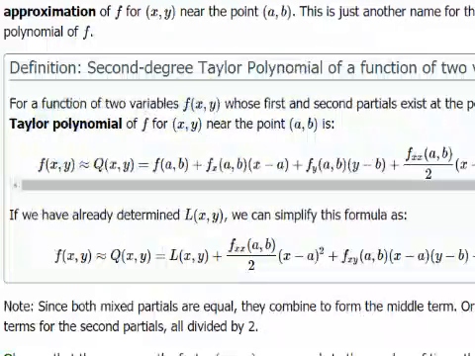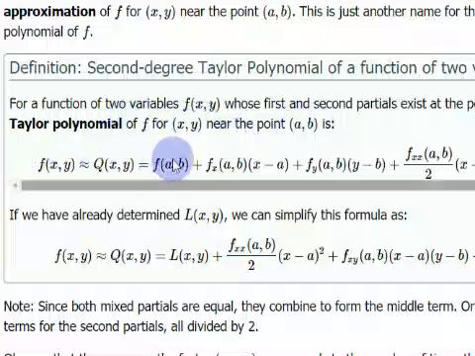This is the second degree Taylor polynomial of f for the xy coordinate near the point (a, b). So f at that point, plus the derivative of f with respect to x at the point (a, b) times (x minus a). Here, if you have the derivative of f with respect to x, then this should be x minus a, and the derivative of f with respect to y evaluated at this point times (y minus b),